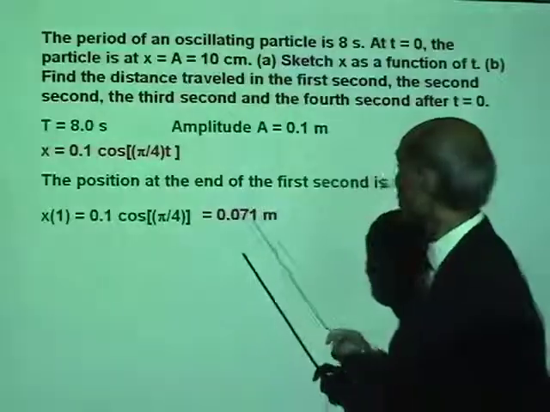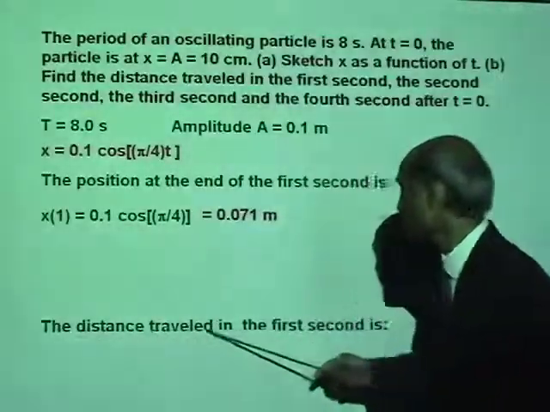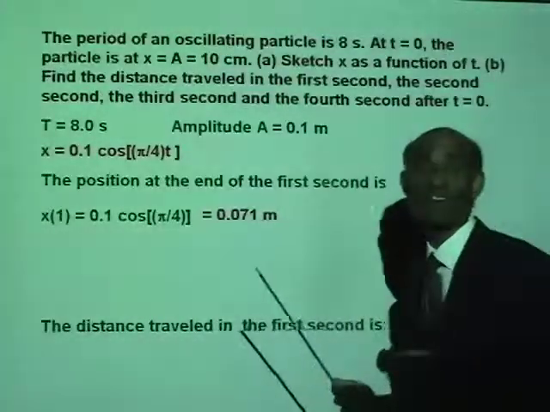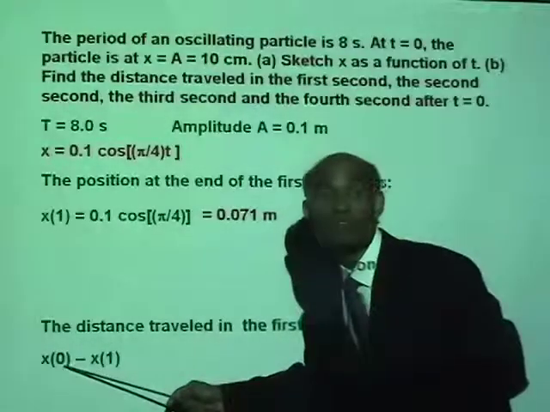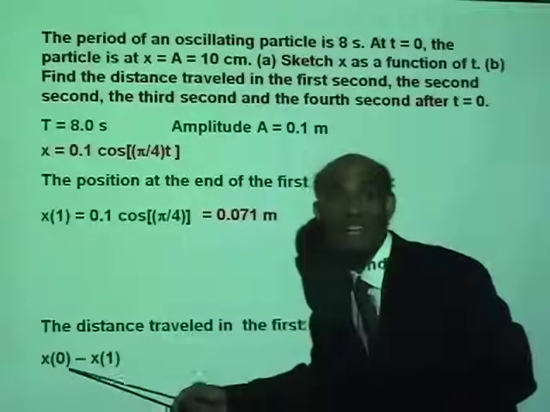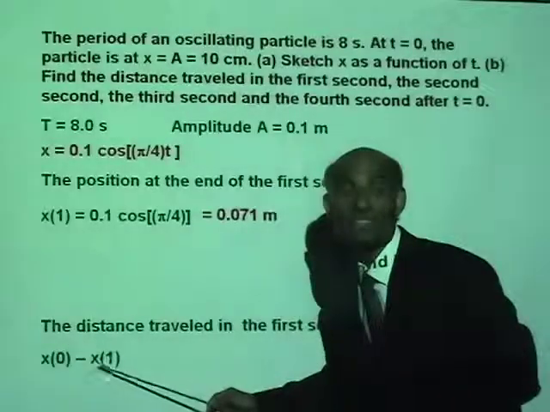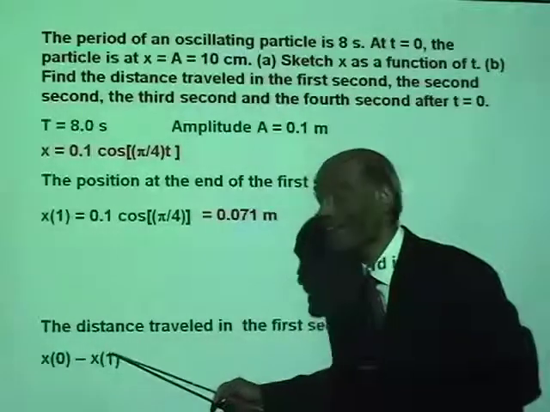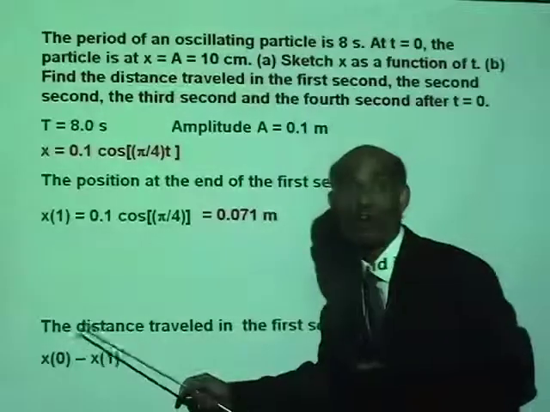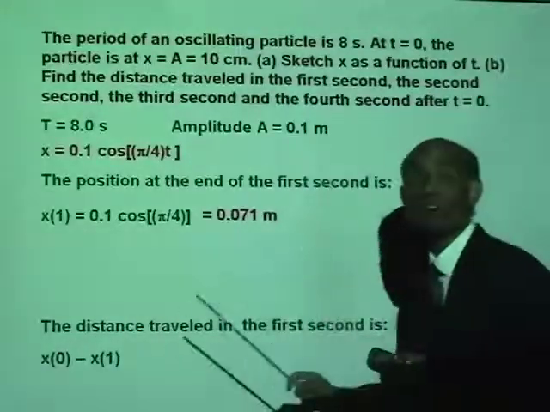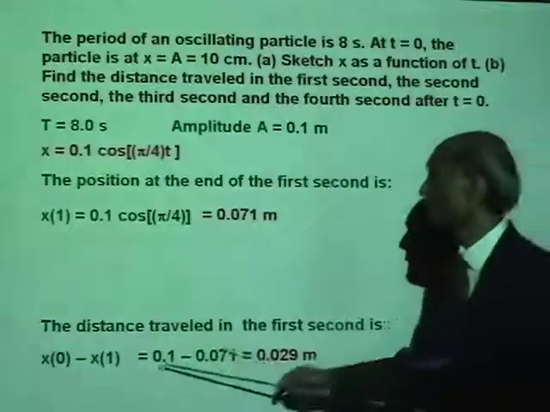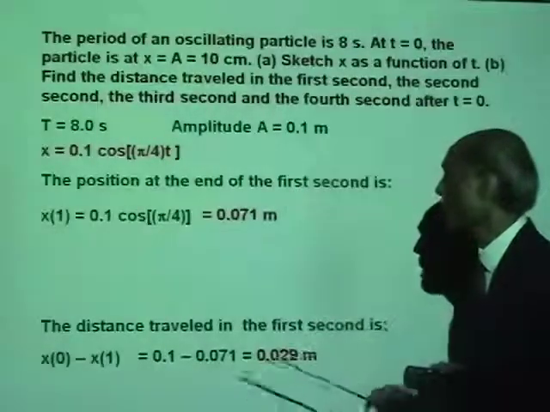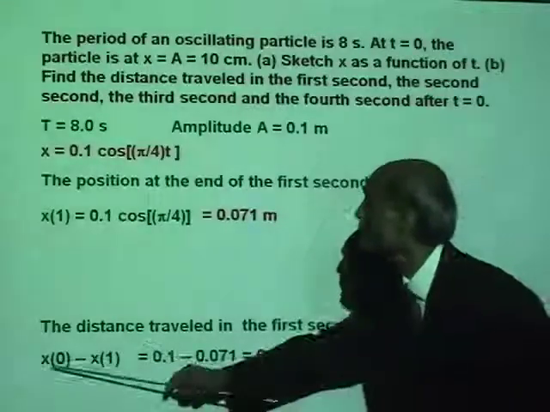Now, you can see the distance traveled in the first second. What is the distance traveled in the first second? At t equal to 0, the object is at x0. At t equal to 1, it is at x1. Therefore, the distance traveled in the first second is x0 minus x1, and that is 0.1, that is x of